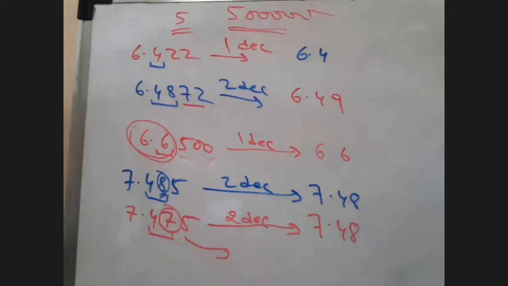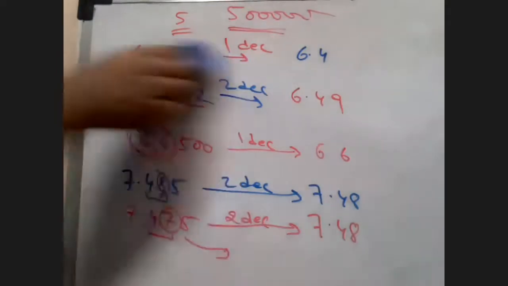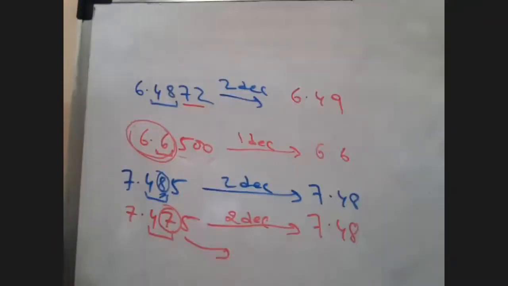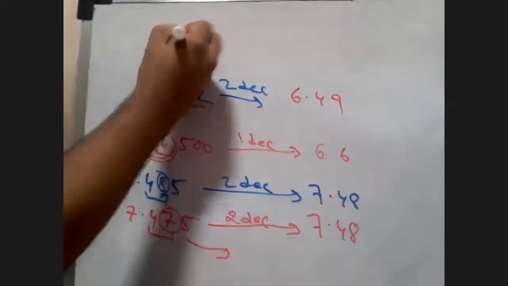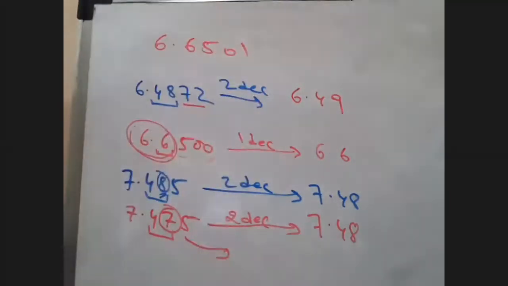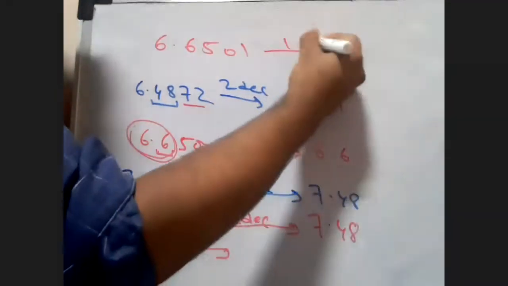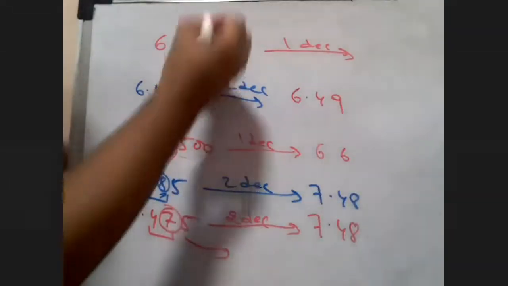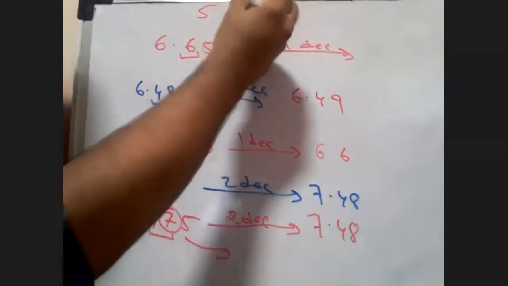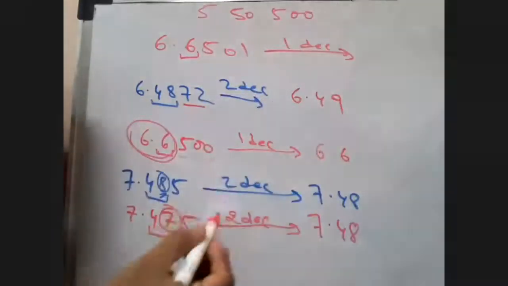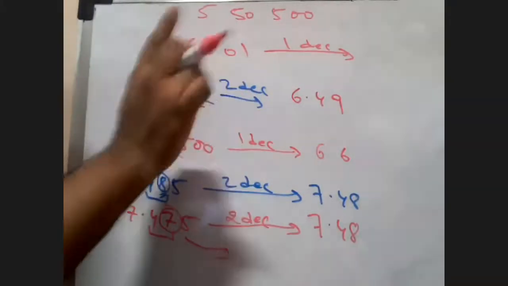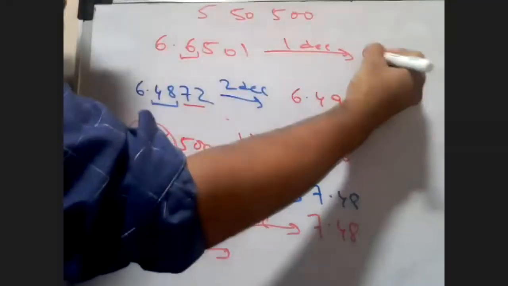Let's take a confusing one now. Let's take another one. But that's only when after 5 there is 0, no? If there is a 1 after the 5, right? 6.6501. Okay, let me take this example. And now I want it to one decimal place only. So now students, this is not a multiple of 5 or 50 or 500 or 5,000 or whatever. There's a 1 over here. So you treat this as normal rounding off only. This is above 5. What will you round it off to? 6.7, isn't it? 6.7.